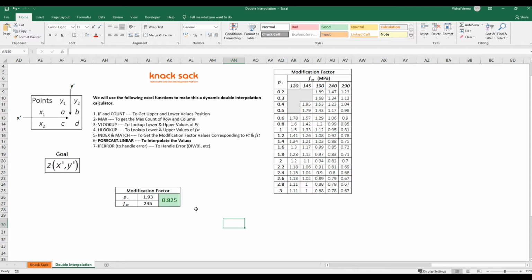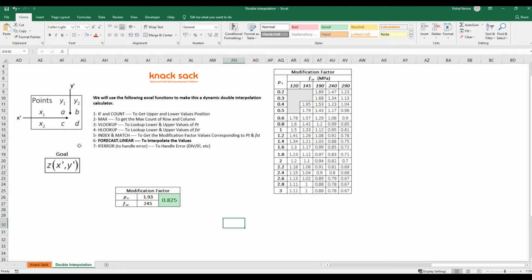So let's take a look at what double interpolation is. Double interpolation means interpolating values twice, in both directions, that is, in the horizontal direction and the vertical direction. We are given data points A, B, C and D, which are at x1, y1; x1, y2; x2, y1; and x2, y2.